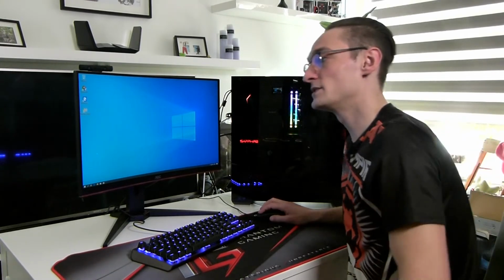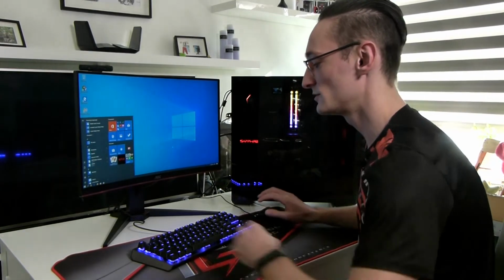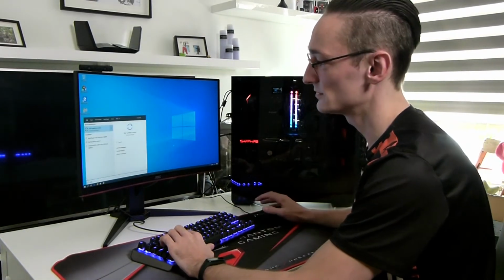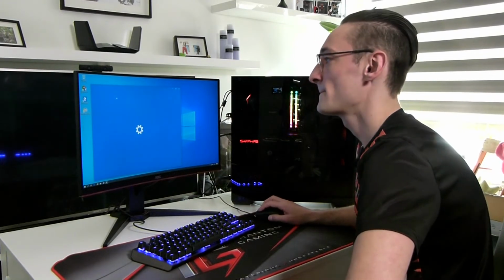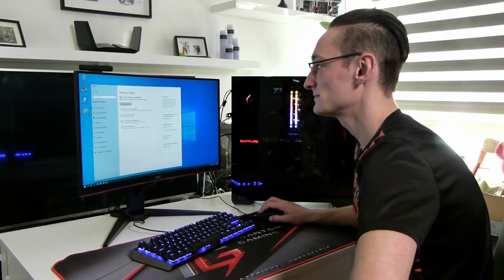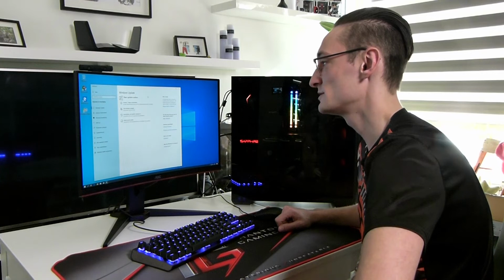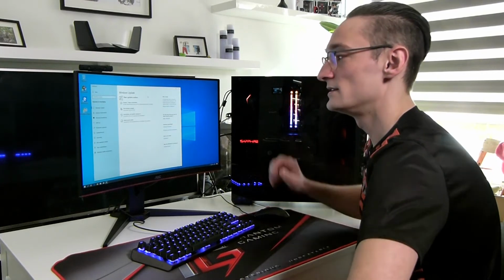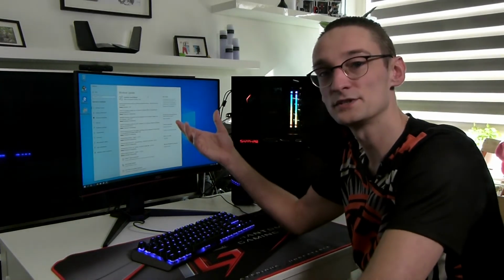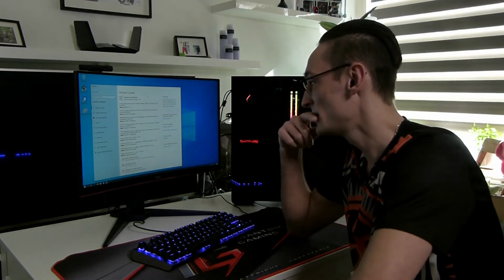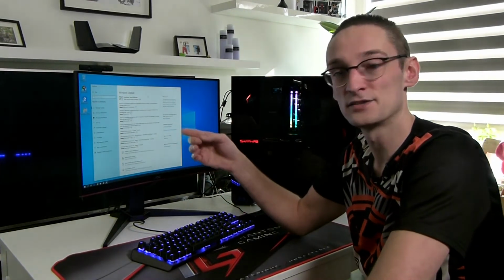Alright, what we want to do now is we want to update Windows. So what we're going to do is we go to Start, type update in, and then you can search for updates through Windows Update. It says no updates available. I'm going to check it once more just to be sure. This is also where you can configure at what times Windows needs to update. You can leave it normal, or you could fill in some